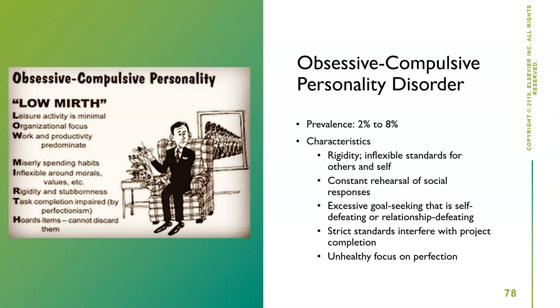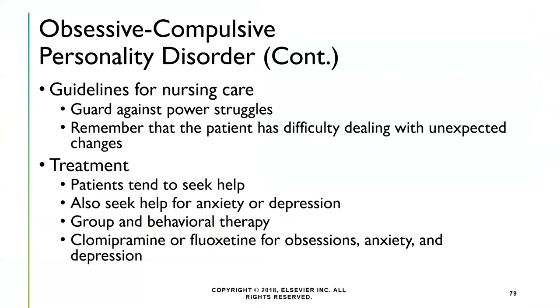They're going to have a schedule. And if it doesn't go according to plan, they're going to lose it and be so anxious. They struggle with leisure activities and friendships because they are going to be focused on that work, that productivity, and the perfectionist. So what do we have to think about?